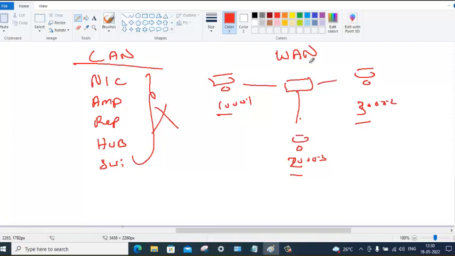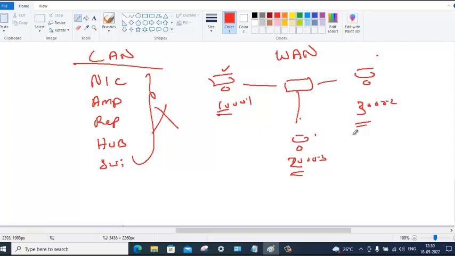That is wrong. This is also in the same room. I have one computer in 10 network, another computer in 20 network, another in 30 network. Nowadays within a company we will have many subnets. So what you need here is a WAN device.